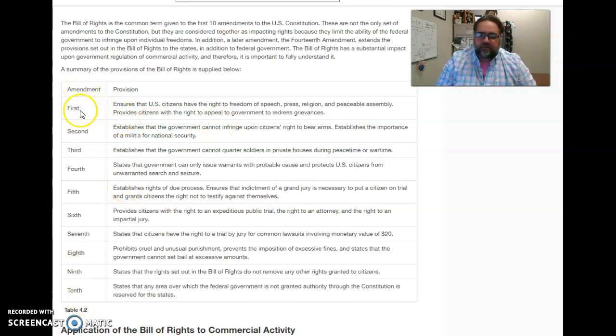Very briefly, First Amendment, the right to freedom of speech, press, religion, peaceful assembly. We've got to protect our rights. If we don't protect them, nobody else will. However, you do have the right to free speech. Absolutely, you can say what you want. You also have the responsibility of the consequences from that speech. So if I go say something hateful or something that incites violence or something that is discriminatory or something that is deemed to be hate speech, then there could be consequences for that speech, even though I have the right to say or to communicate those things.